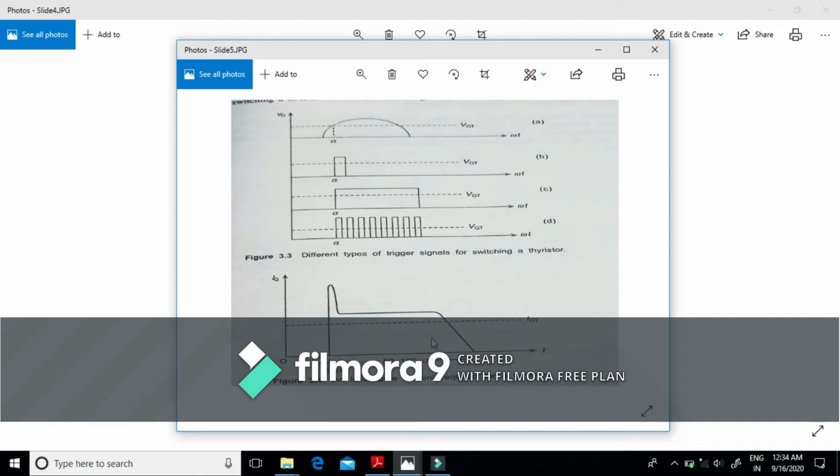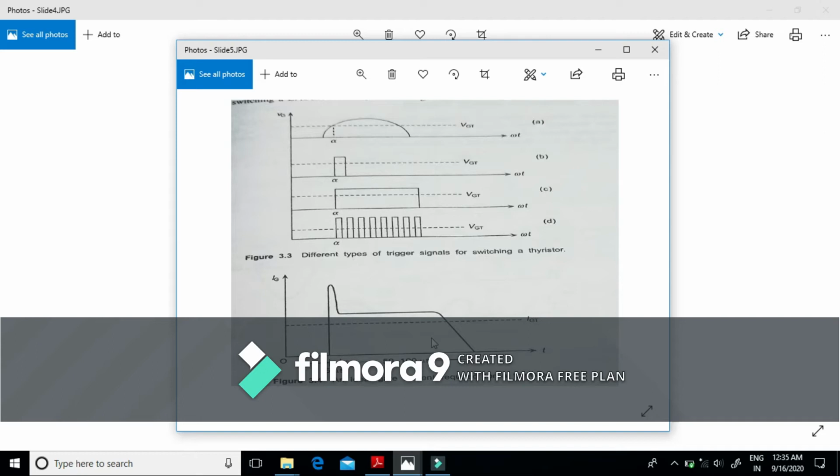Otherwise, the high voltage and the high current transients may lead to maloperation or damage to the low power control and triggering circuit. For this, we need pulse transformers or optocouplers. And for high power applications, we need fiber optical cables that are used to isolate the control circuit from the power circuit. Or we can say a thyristor conducts only when it is properly biased or when the trigger source of a trigger circuit